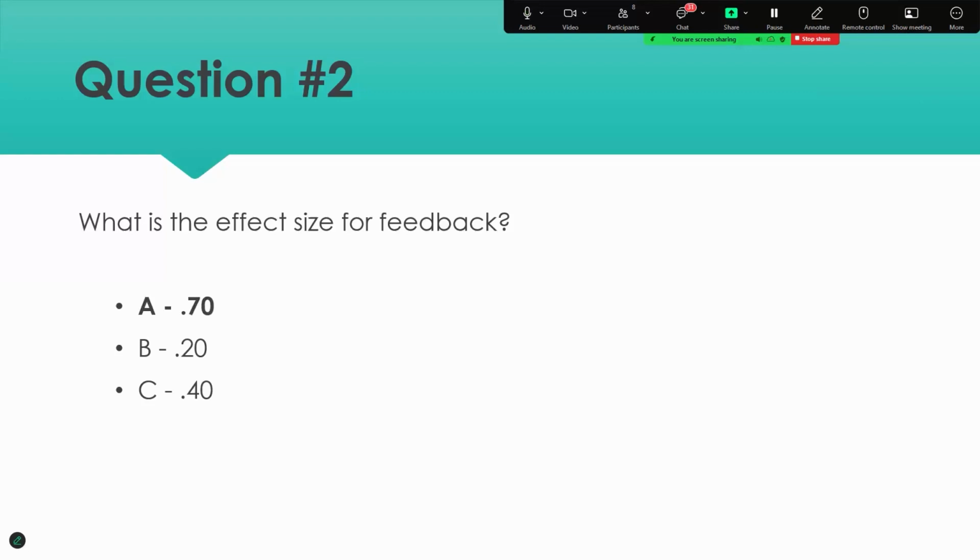And another one for A. It is A. And again, with feedback, let me give you an example. I mean, there's a lot that goes into feedback very quickly. There's what we call inhibiting and promoting